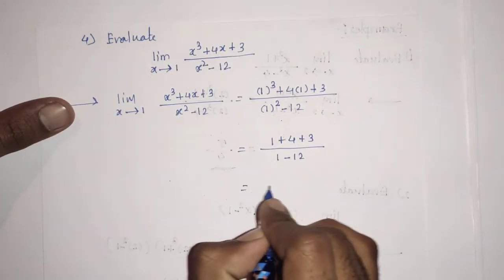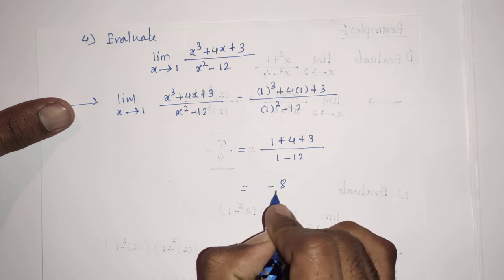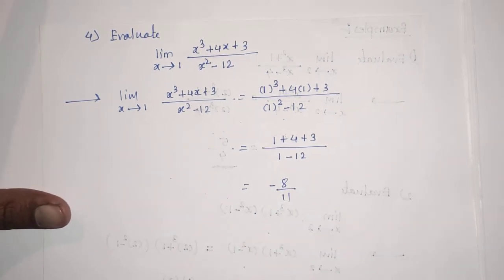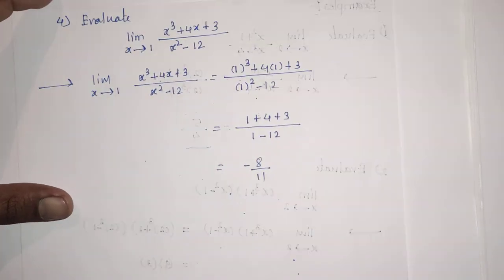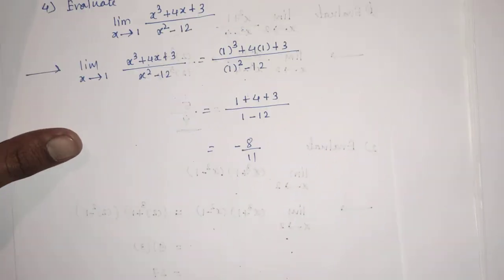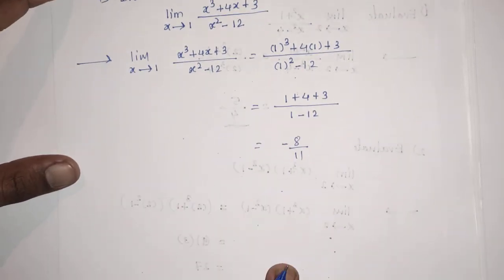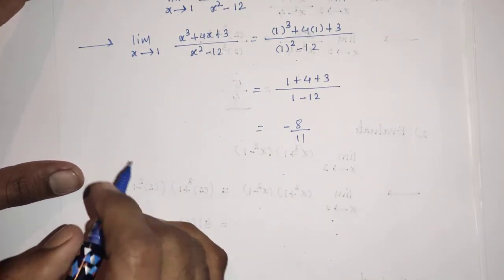So the answer will be minus 8 by 11. This is the answer, minus 8 by 11. This is the solution of, that is, this is the limit of the given example. Now the next example will be